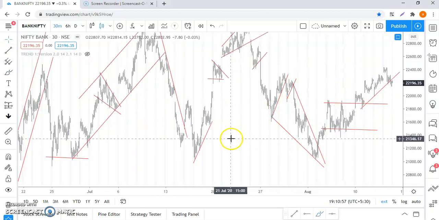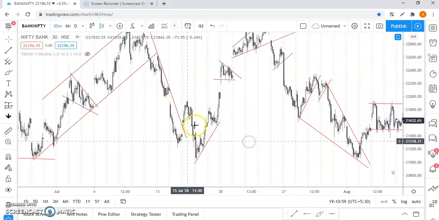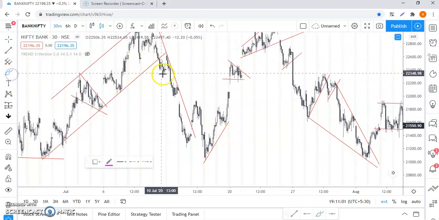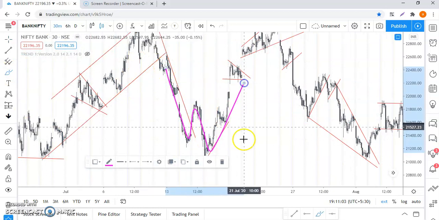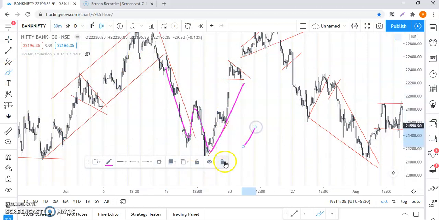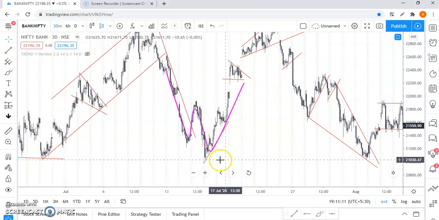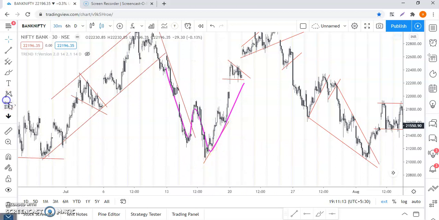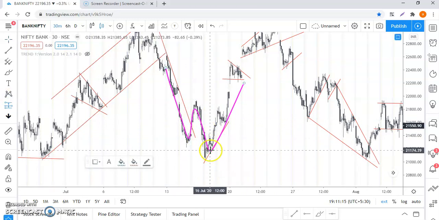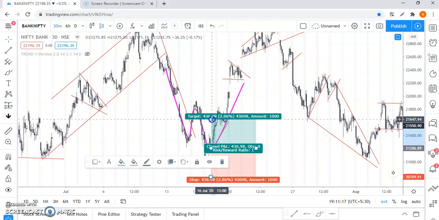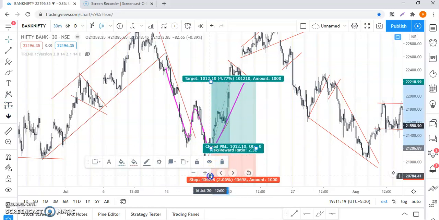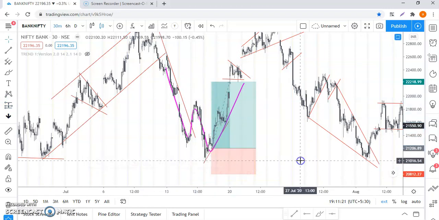Okay, let me show you where the W is here. Look, here is one W. It will be hiding like this. That's it. What you should do is take appropriate entries, draw trend lines, keep support, and keep the appropriate risk to reward ratio. The moment you see W, keep the appropriate risk to reward ratio of your choice and start trading.